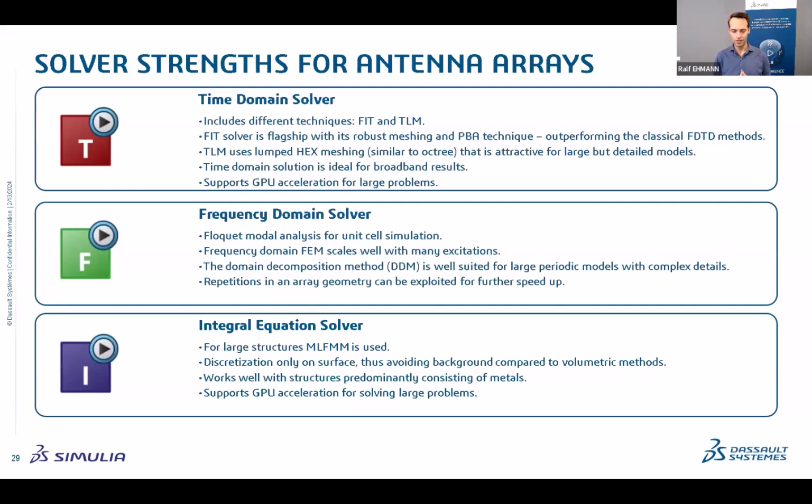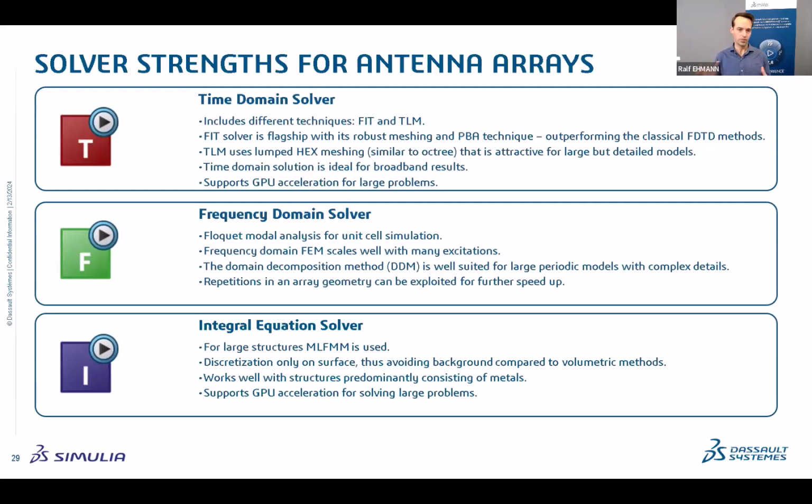So not having any staircasing or anything like that, being able to work with thin sheets, crossing hexahedral meshes, it really outperforms the classical FDTD methods. Then there's the second method, which is the transmission line method, or TLM, which actually uses lumping for the hex